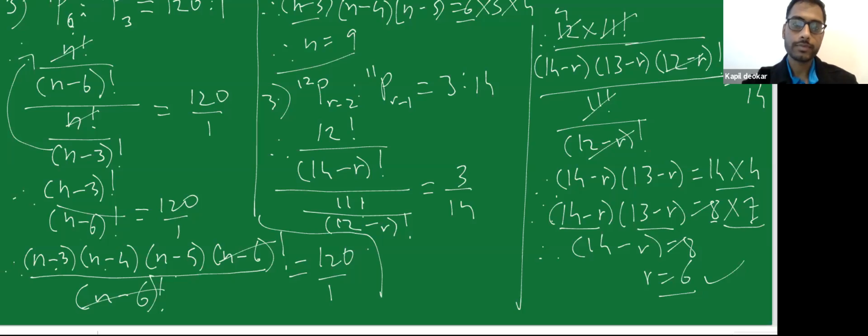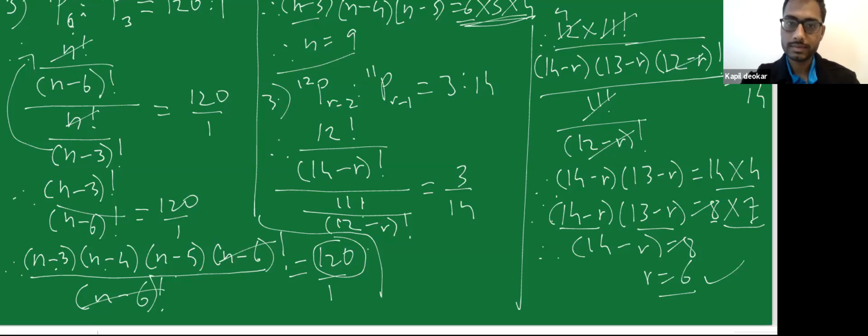$120 can be written as 5432. Okay, so Prashant, you have asked that 120 can also be written as 5 into 4 into 3 into 2 instead of writing 6 into 5 into 4. Okay, so who can answer this doubt? Let me know in the chat box. Why have I written 120 as 6 into 5 into 4 and not 5 into 4 into 3 into 2? Because even that would be a correct answer. Then why have I selected 120 as